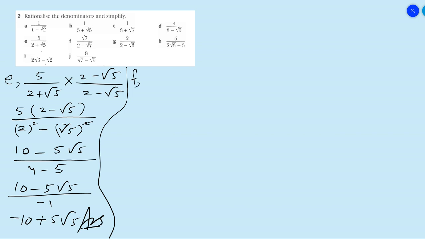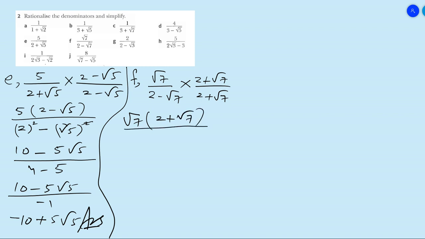Part F is root 7 upon 2 minus root 7. Multiply and divide by the conjugate, that is 2 plus root 7 upon 2 plus root 7. So root 7 multiplied by 2 plus root 7 upon 2 minus root 7, 2 plus root 7, becomes 2 square